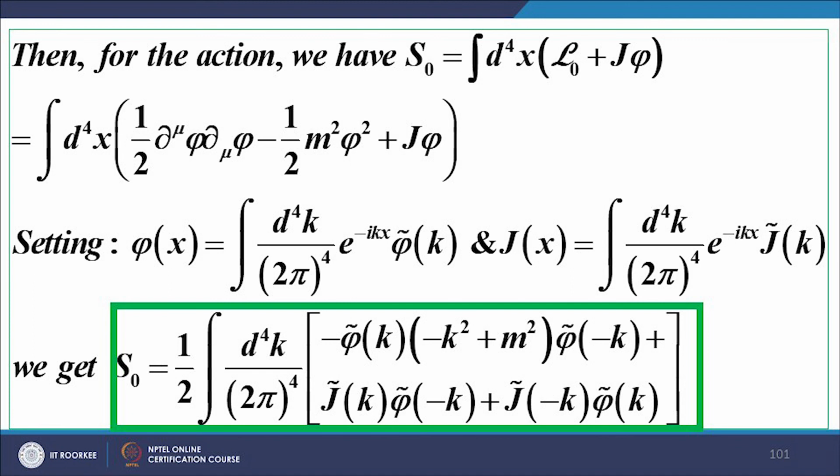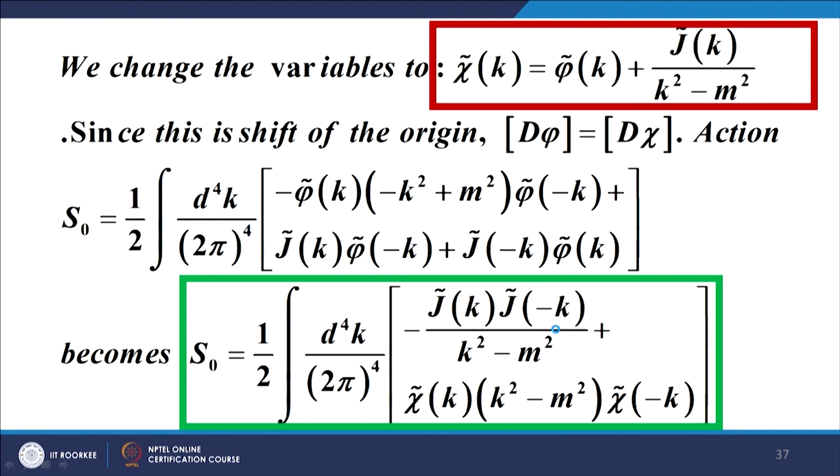Now, what happens to the action? When we introduce these Fourier transforms in the action, recall that the action is given by this expression, equation 1, where we include therein the source, and substituting these Fourier transforms here, the action takes the form given in the green box, that is equation 2 at the bottom of your slide. When we substitute the expressions for phi x which is there in the original action, that is in position space, and we substitute the Fourier transforms, we get the expression for the action. Now, this action is in Fourier space, it is represented by this form.